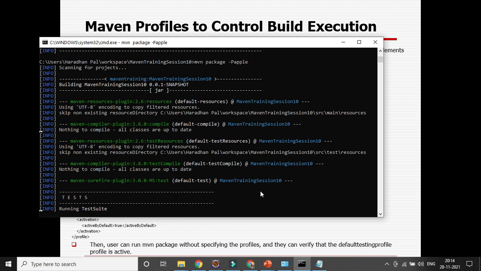And definitely the Apple page is based on the HTMLUnit driver, so it will not open a GUI; you will not be able to see it.